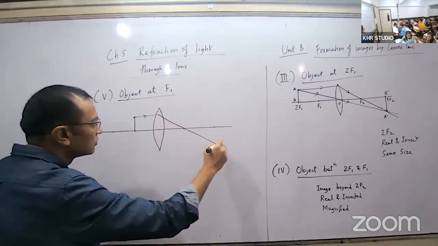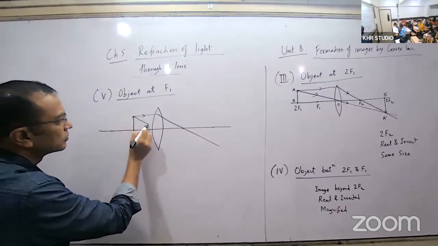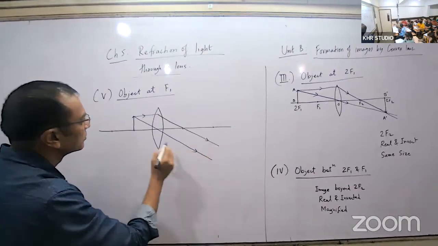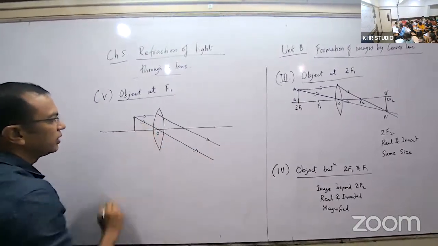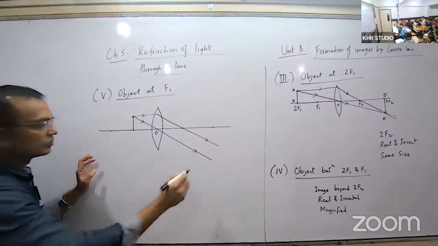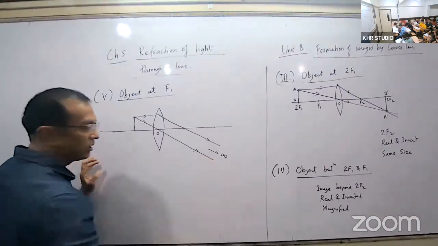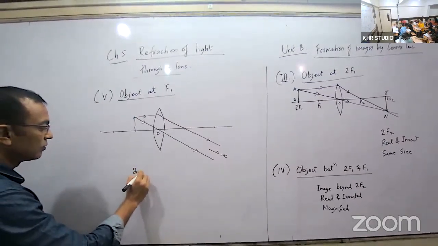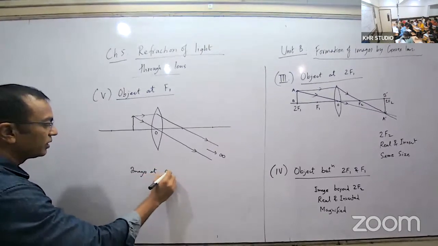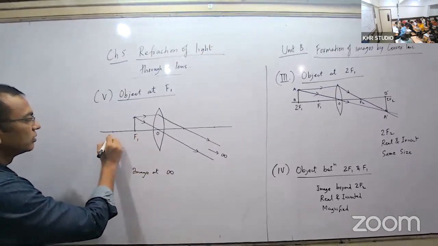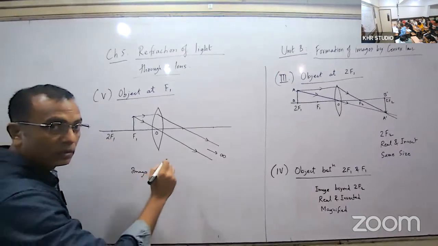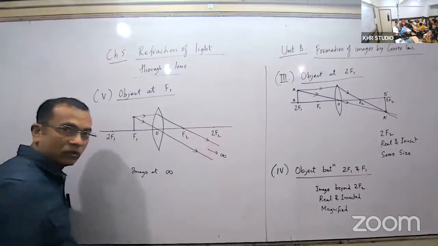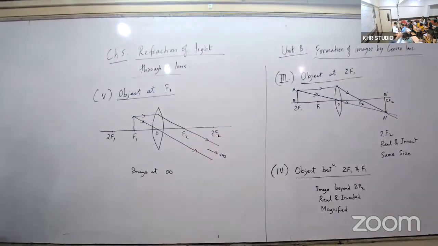ठीक है, तो वहाँ पे जाके इमेज बनेगी इंफिनिटी. So image at infinity. राइट. F1, F2. ये पूरी टेबल।